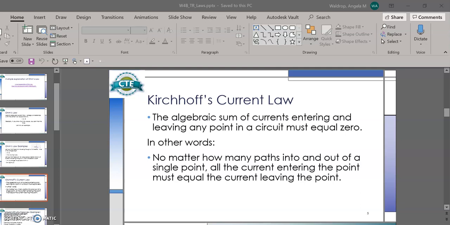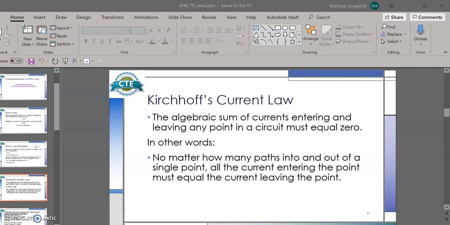Okay, so what we're going to talk about here is Kirchhoff's current law and Kirchhoff's voltage law. First, the current law. Basically, Kirchhoff's current law states that the algebraic sum of currents entering and leaving any point in a circuit